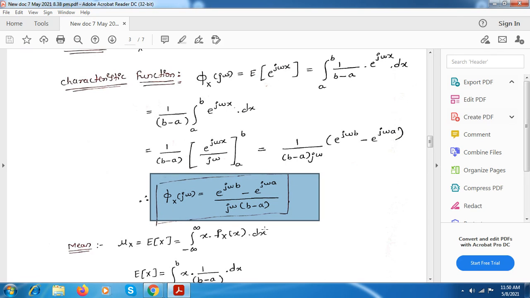So next we will derive mean and variance equation, but here we are deriving it using the normal equation, not by using the characteristic function. Here using characteristic function we will not be able to find the mean and variance. So we will derive it using the normal mean equation. For other distributions, they specifically ask you to derive mean and variance using characteristic function. But here for uniform distribution, they have not asked using the characteristic function.